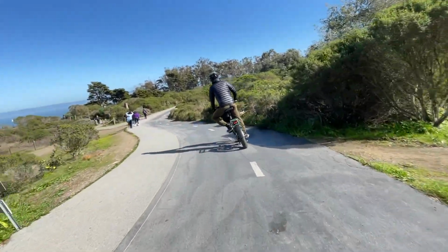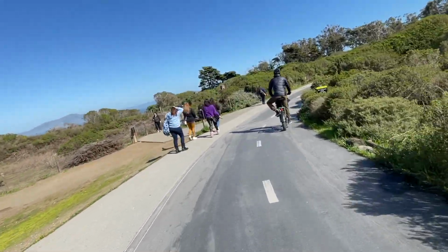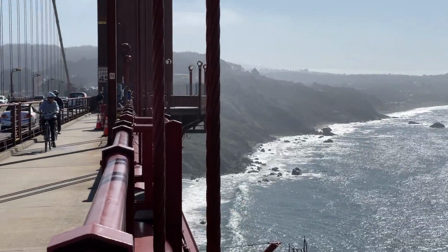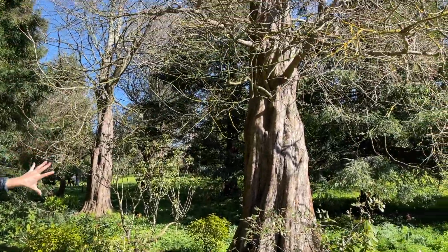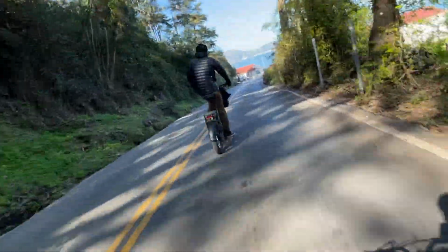Like most people on my tours, I would say 90+% of them have never ridden an electric bike. But if you can ride a bike, you can do one of these tours. It's just a really fun way to see the city. You can't see a lot of these things in a bus or by foot. And since we're on the electric bikes, you can do 18 miles and come back and still have enough energy